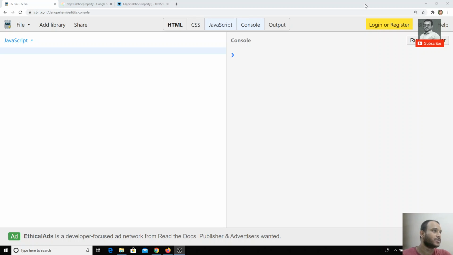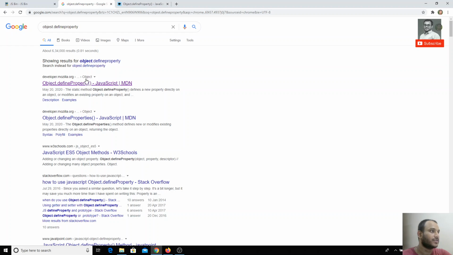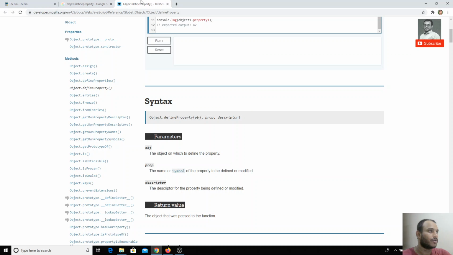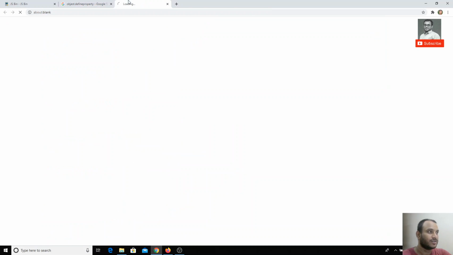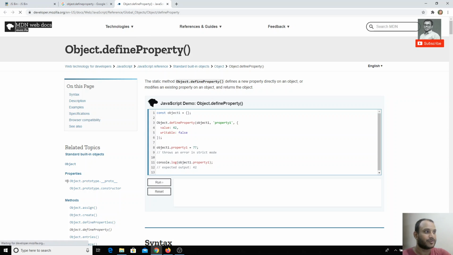If you search for Object.defineProperty, you'll be able to see the Mozilla Developer Network. If you open the first one, you will see Object.defineProperty. This one is not an ES6 one, it's an ES5 one only. It takes the object name and the property name which I want to create in that object, and also the configurable settings. In the same scenario, Reflect also has defineProperty. Let's see how we can do it using Reflect.